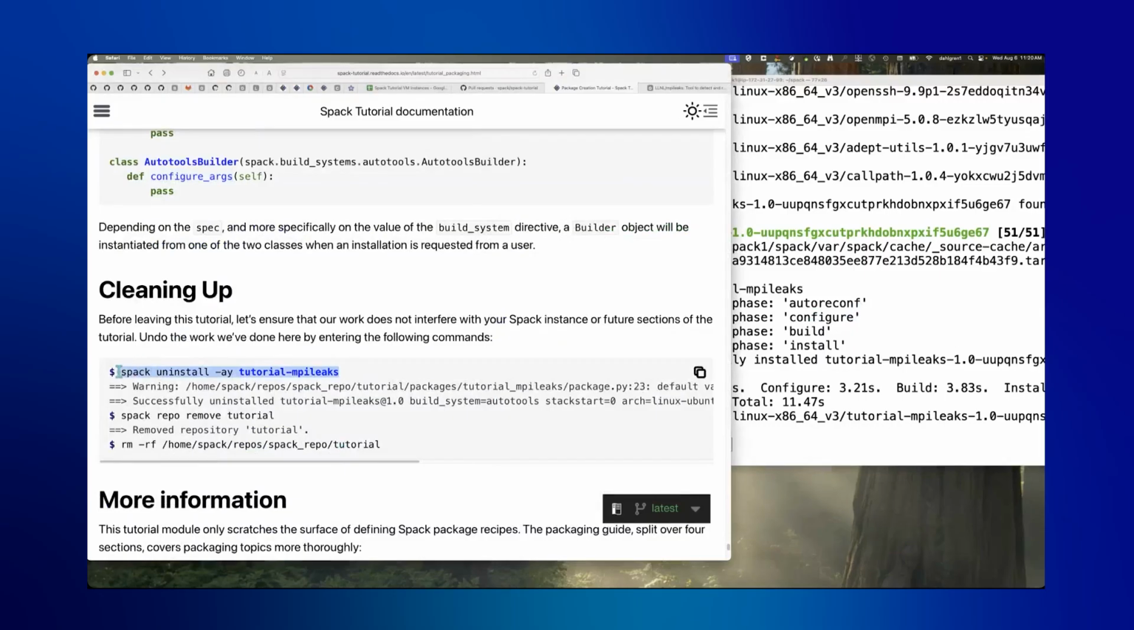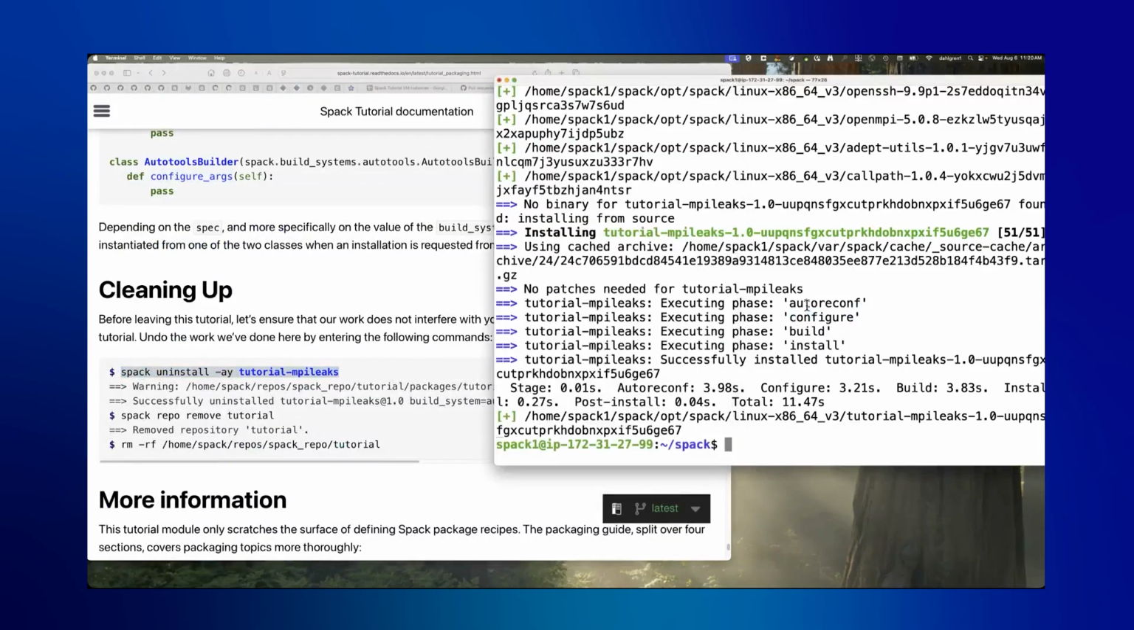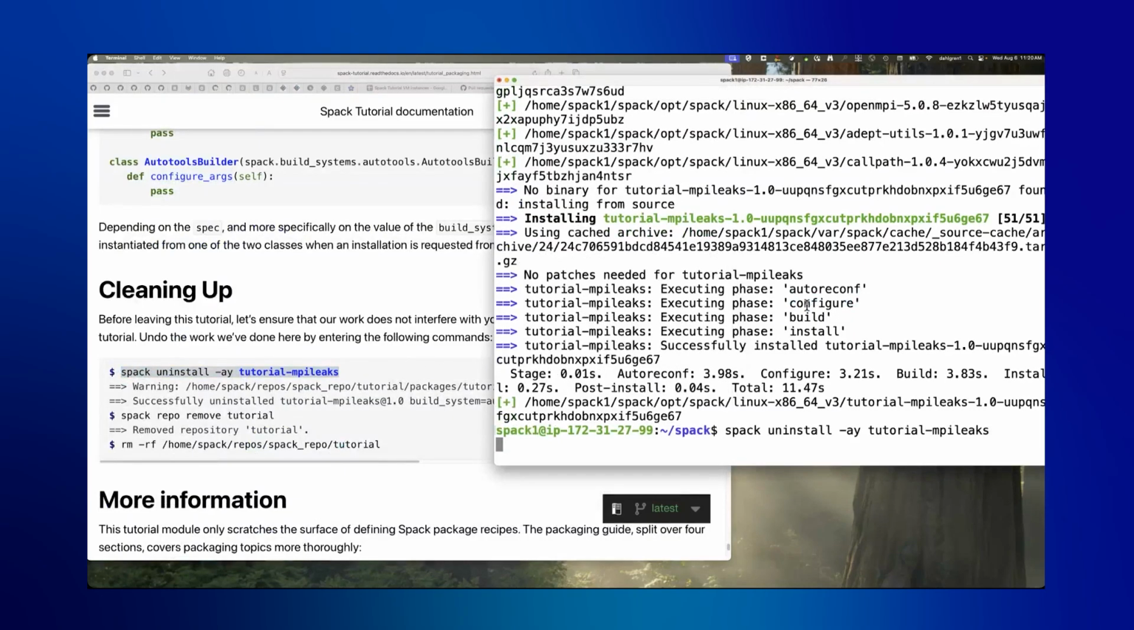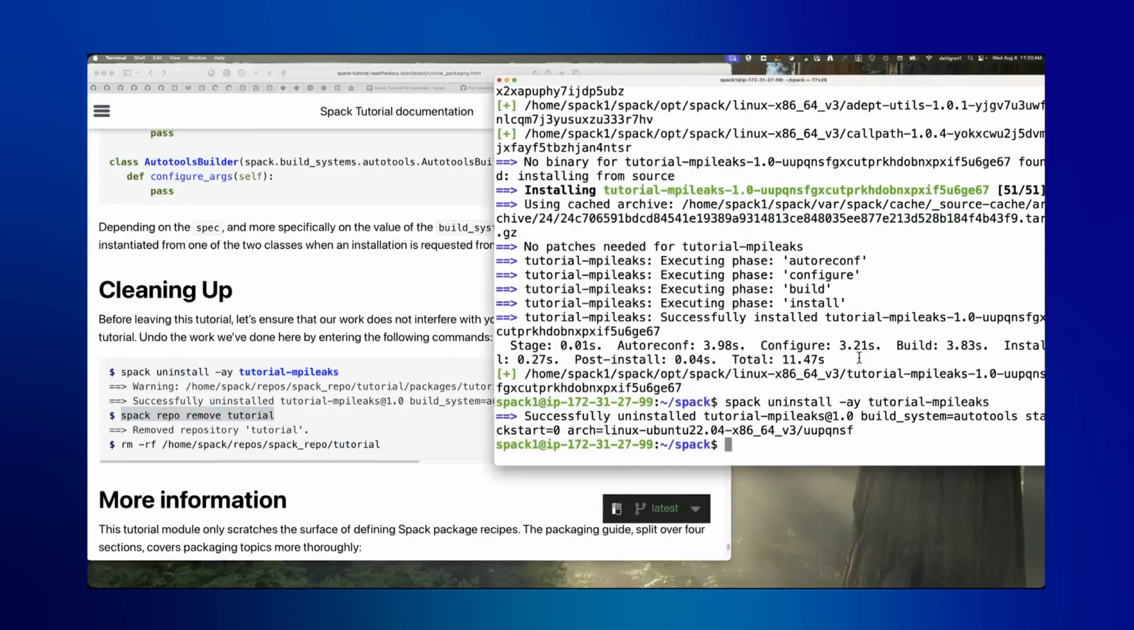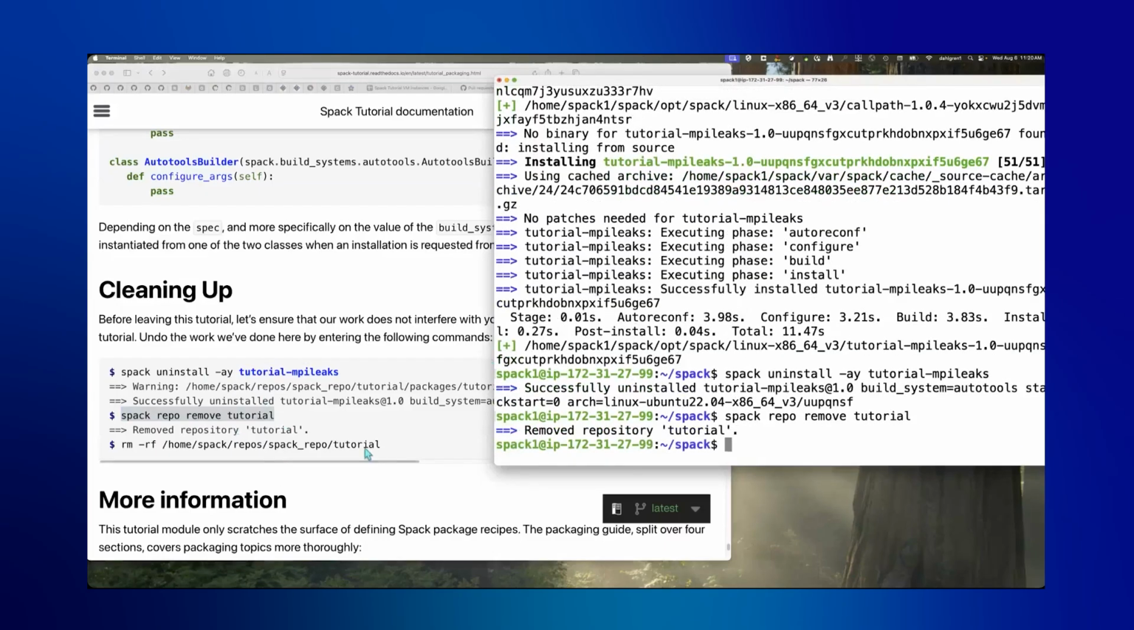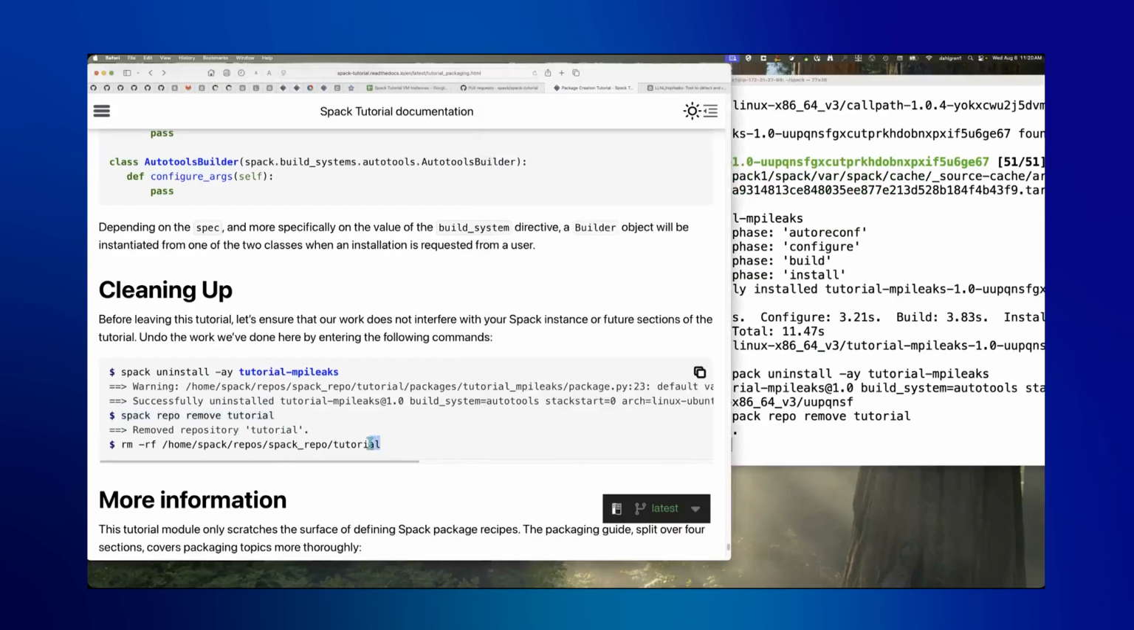Let's go ahead and uninstall what we have. So we'll uninstall the tutorial MPI leaks. Let's go ahead and remove the repository. So we took that tutorial MPI leaks installation out of our Spack instance's install directory. Let's go ahead and remove the tutorial from our repos.yaml configuration. And then,